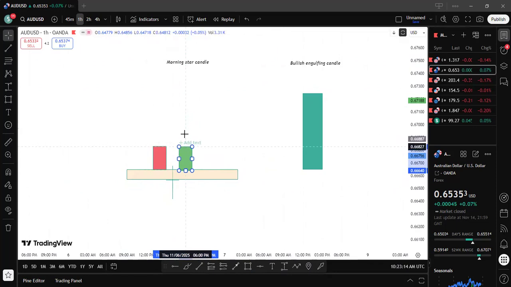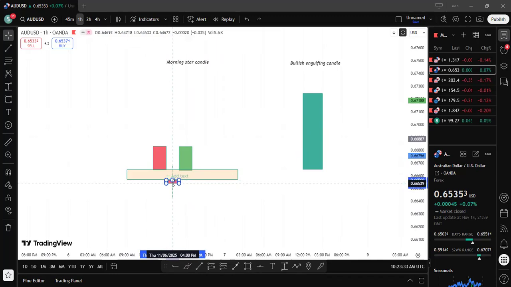Sometimes it can be like this. You see, once we see something like this, then we call it a morning star candle. It tells us that the sellers were in control at this particular point. Sellers are in control. Then at this point, this candle is called a doji, where the body is